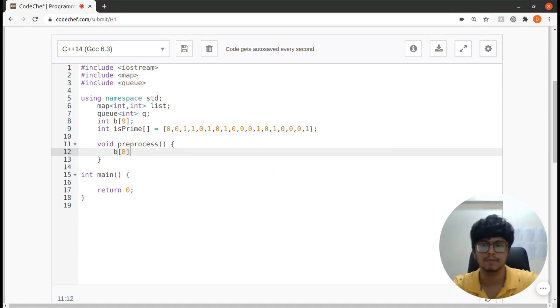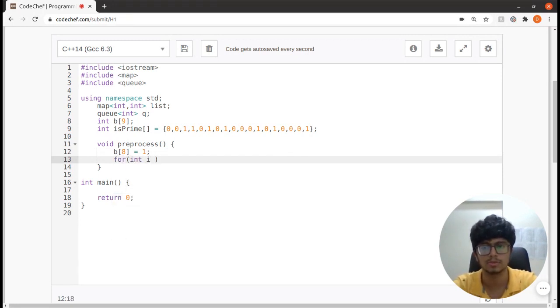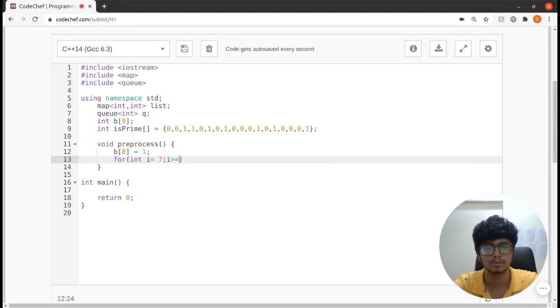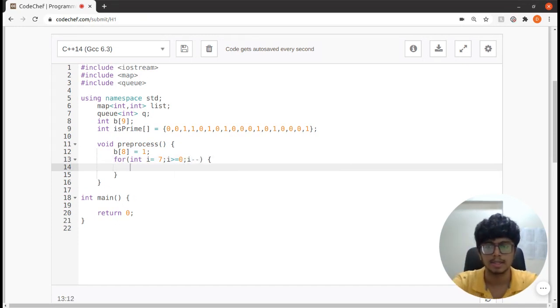I will formulate this B array. I'll take the last element to be 1, and then I'll say for int i equals 7, the last element. So we'll go in reverse: i greater than or equal to 0, i minus minus, and here I'll say b of i is b of i plus 1 into 10.